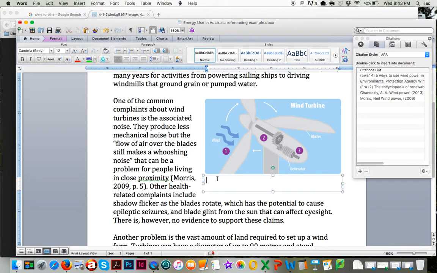So first of all, I'm going to label it Figure 1. So your images get labelled in order, so Figure 1, Figure 2, and so on. Everything gets labelled figure unless it is a table, and I'll show you how to do a table in a bit. So I have my label, I need a title,